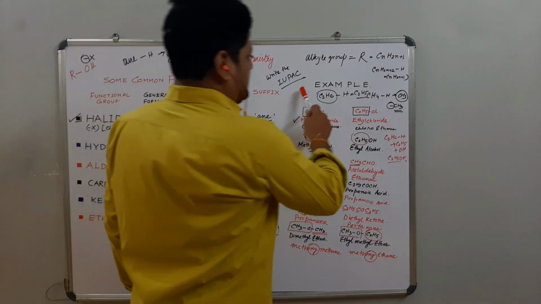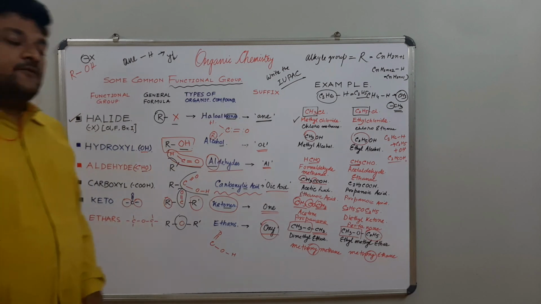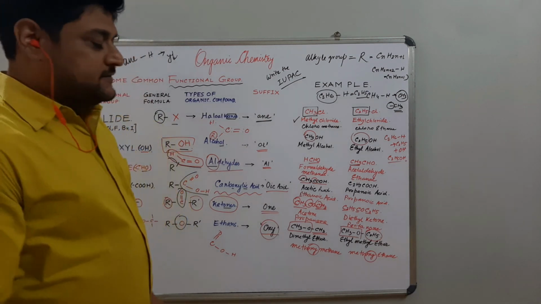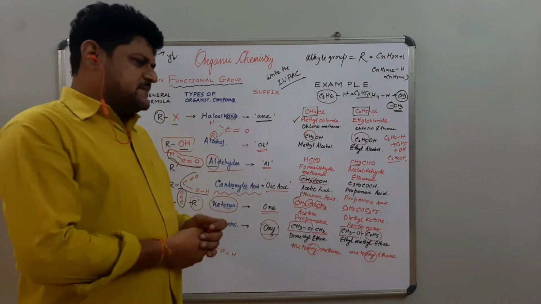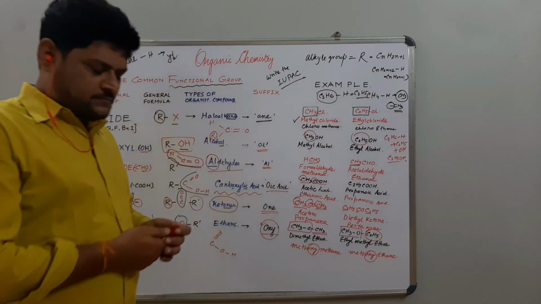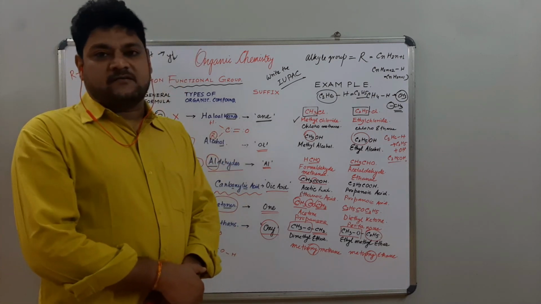Okay, so there are some examples of these functional groups. Hope you study well. So see you in the next class. In the next class we will discuss the IUPAC name, and some remaining basic things. We have to discuss those, and as well as start the IUPAC name. Okay,